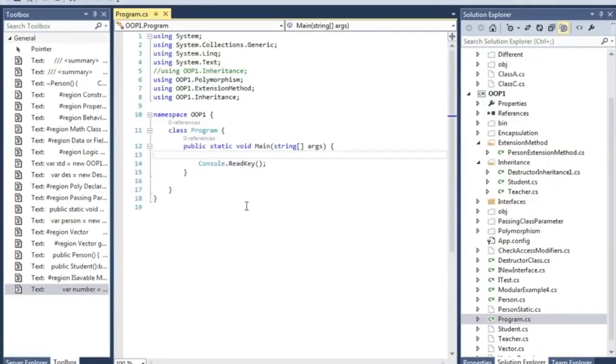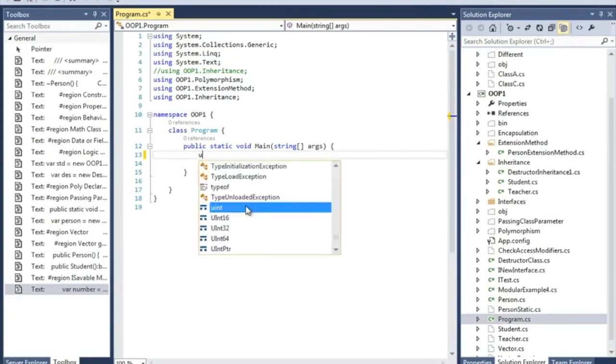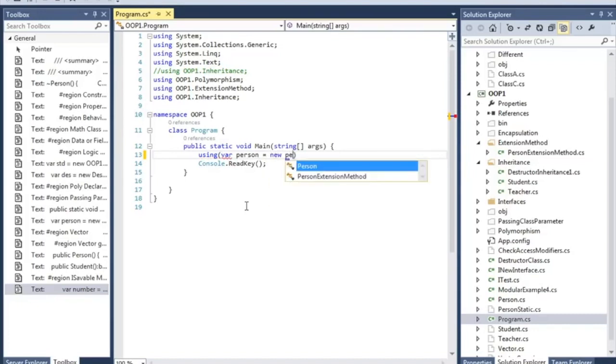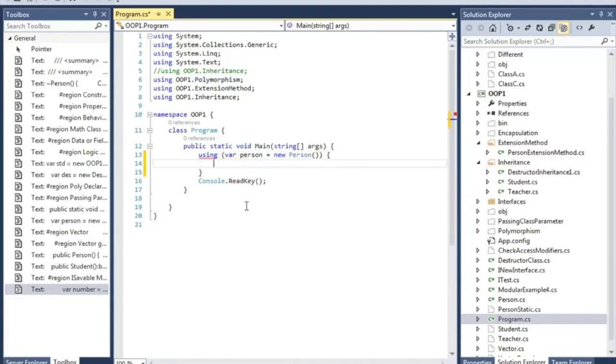I am assuming that you have seen the using keyword in many places, or if you haven't seen it, you're going to learn it. What the using keyword does is you create an object, say a new person, and you want that person to be destroyed after this execution.